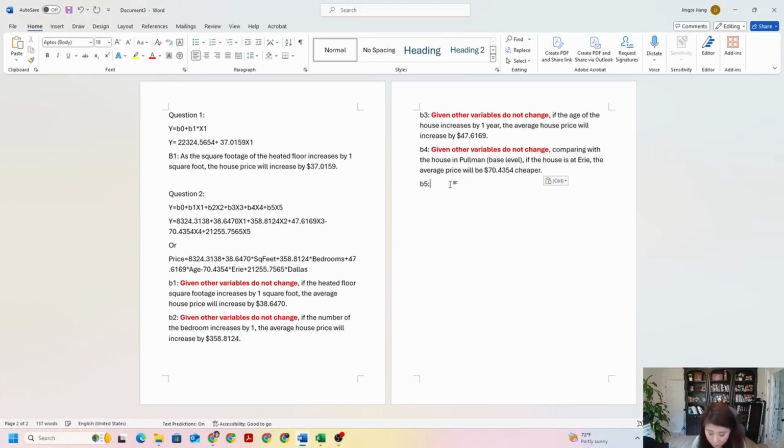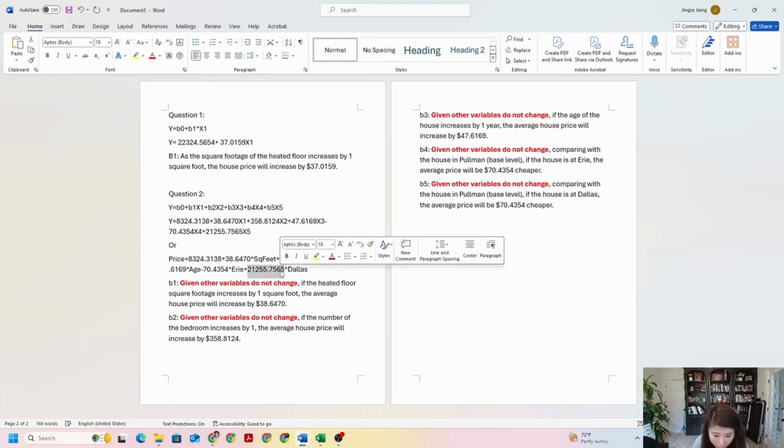Everything is the same, comparing the same base level. However, the house here is not in Erie, it's in Dallas. So the average house price will be, it's positive. Oh wow, the most expensive houses are in Dallas City. I guess, like I said, this is a hypothetical city. So it will be $21,255,000